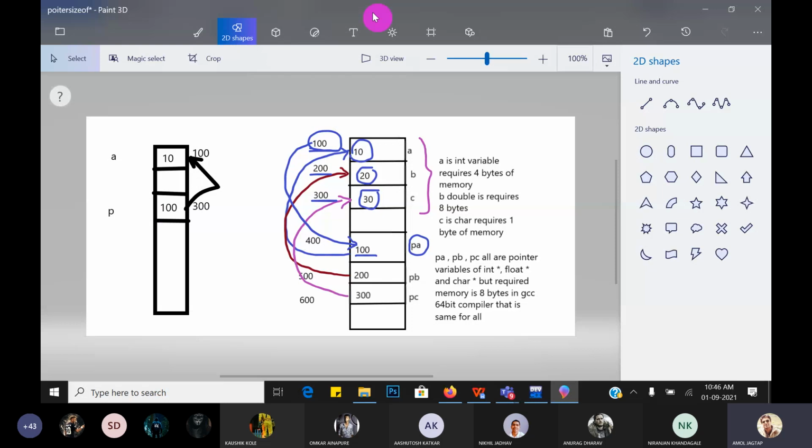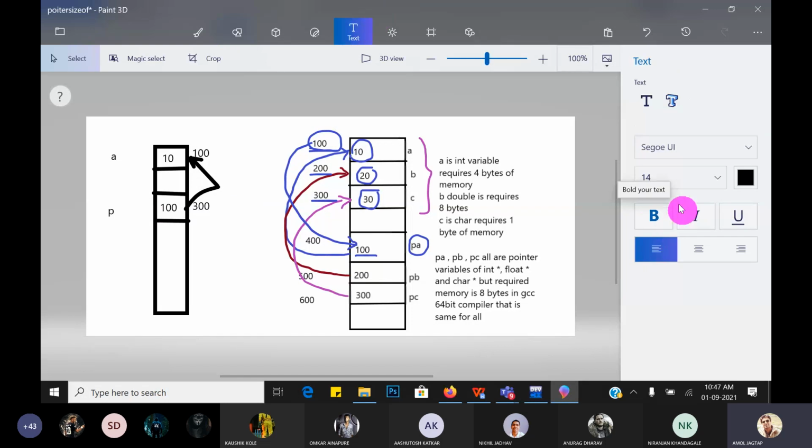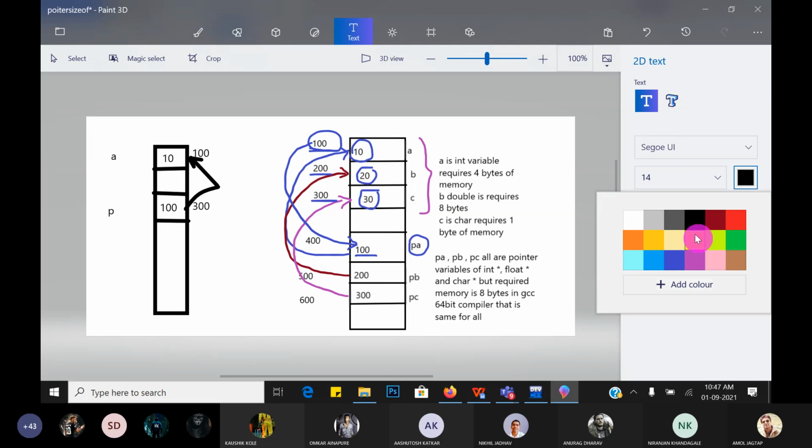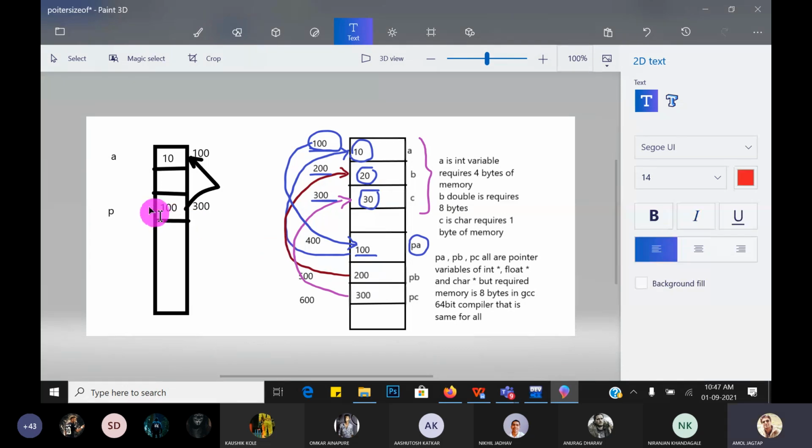Always remember, this 100 is an address. Guys, always remember 100 is an address here. 300 is also an address. For the A variable, 10 is its actual value and 100 is the address.